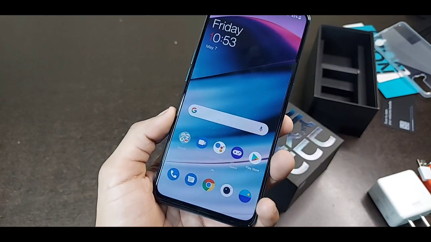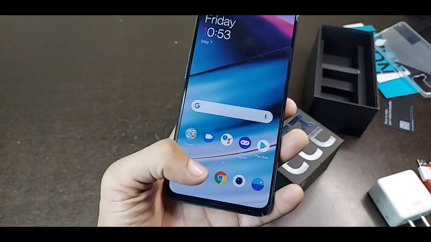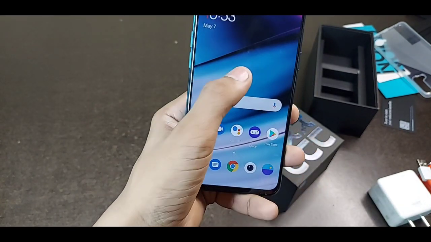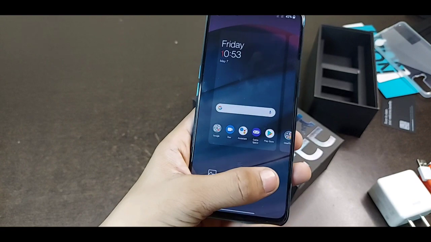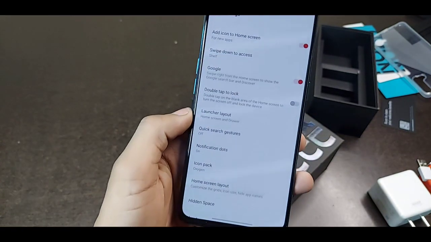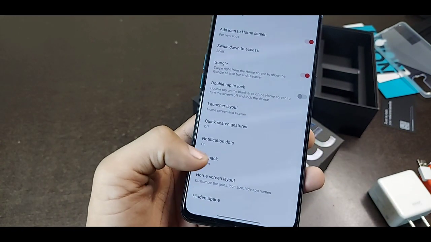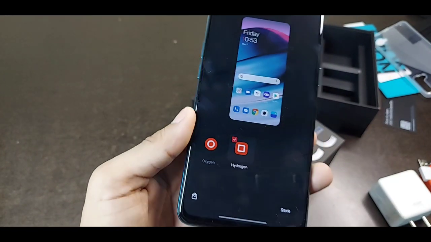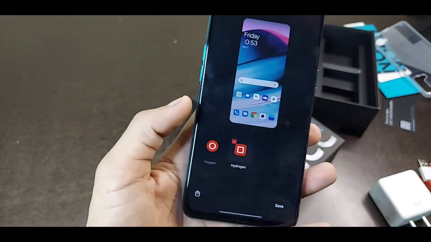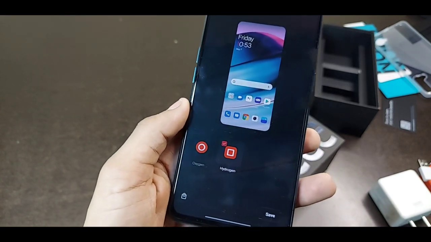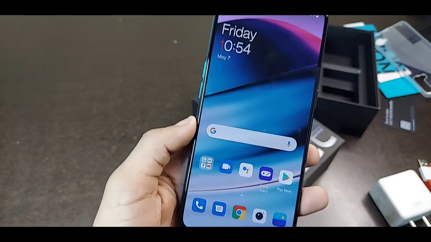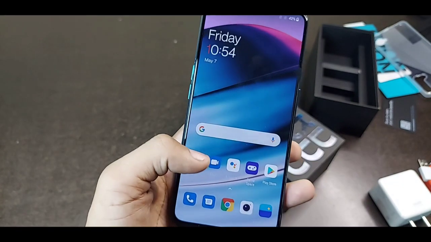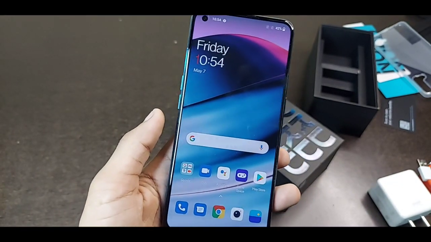The next feature of this OnePlus Nord CE is that you can easily change the icon shape and icon style of this device. Simply long press here and go into the home screen settings. Here you got an option called icon pack. In the icon pack option, you can easily set the style of your icons. If you wanted to use these hexagonal style icon packs, you can easily save it from here, and use these hexagonal shaped icon packs on your OnePlus Nord device.